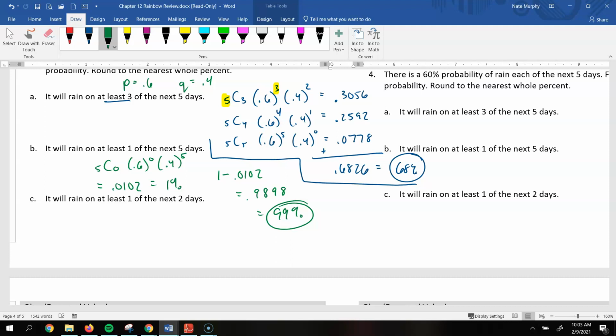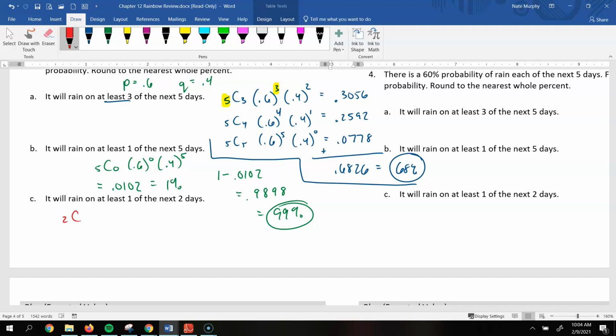All right, lastly, letter C. Find the probability it will rain at least one of the next 2 days. So we could use that idea of a complement for this one, or we could add, because this one you'll see that it's pretty easy to do if we do it straightforward, meaning that if we do at least one of the next 2 days, so we would have